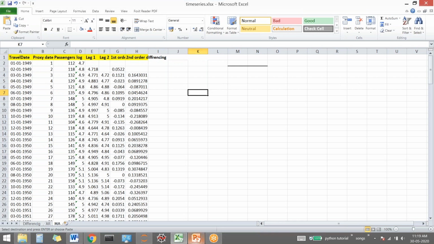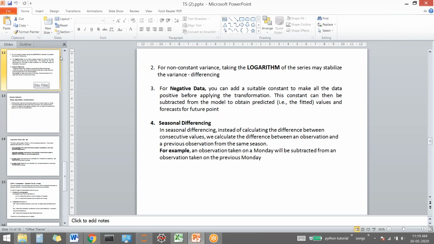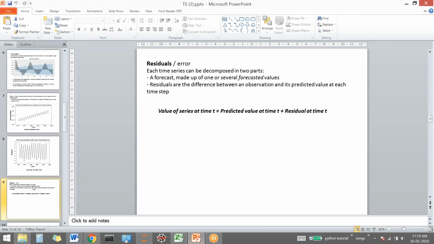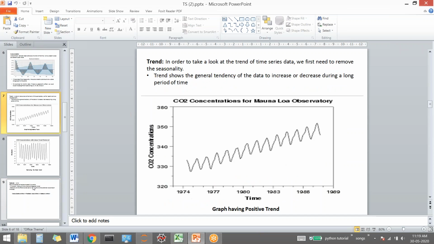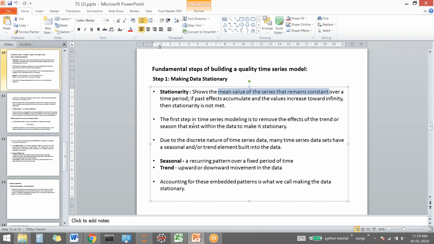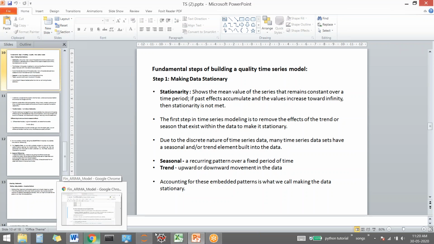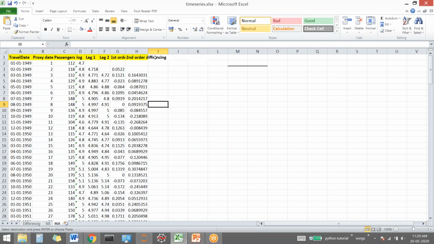If a time series is stationary, as we had written, the basic property is that the mean will be constant over time, right? The mean value of a series remains constant over time. The mean and the standard deviation are constant. We can tell from the graph, but to be more accurate, we plot the mean and the standard deviation, and by that we check whether we have achieved stationarity or not. Rolling means rolling mean and rolling standard deviation.